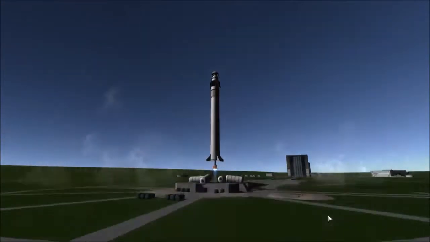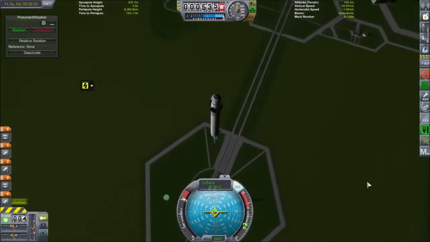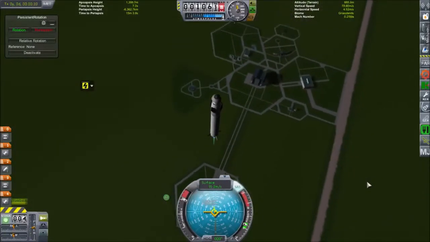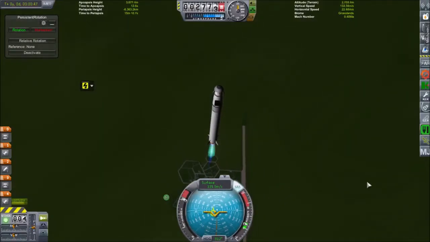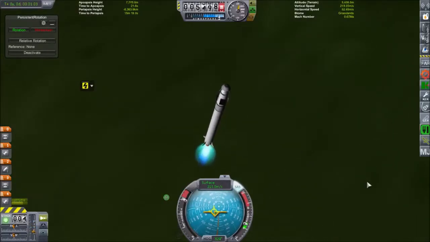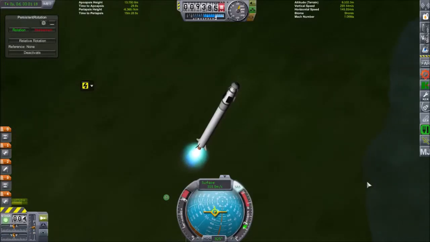Okay, now we're going into a polar orbit. So you don't just want to launch north, because you're going to have an inclination, and this thing is probably not going to have enough fuel to change its inclination. So if you watch carefully at my navball, I'm going off at an angle